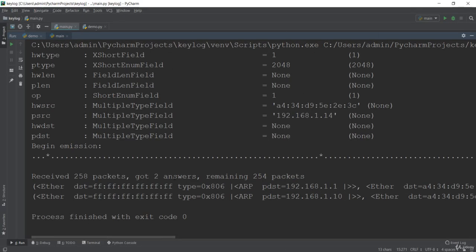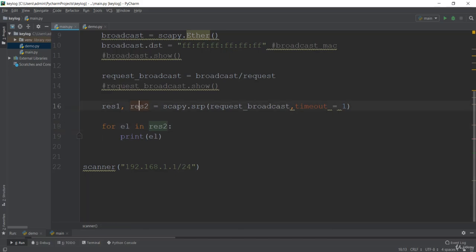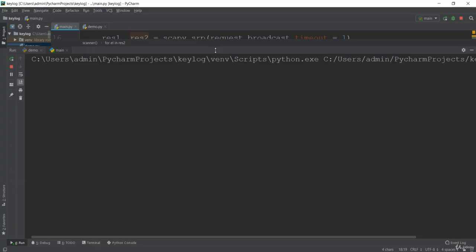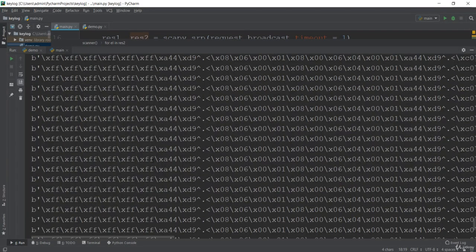So we get some of these clients that have connected to us, or basically they have sent us the packet in the form of an ARP response. We just get this response. So you can also see the unanswered part with this response 2. If you see, this is response 2 which is unanswered. So let me run this unanswered part over here. It will just take some time because it is much more than that of the answered one.